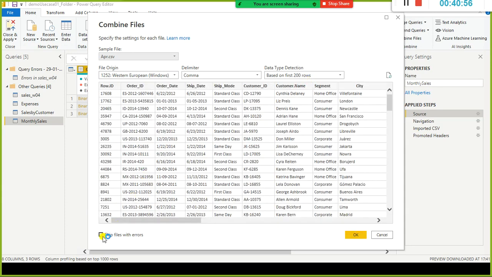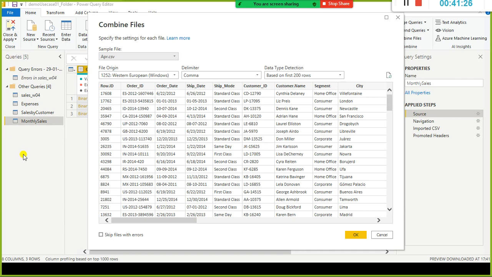And if you enable this one, it will skip files with errors. This is very helpful, especially when you combine files that have a huge volume of data, because the loading takes a lot of time. For example, your business application owner wants to see a report in 4 hours or 6 hours, based on which he wants to make some decision quickly.